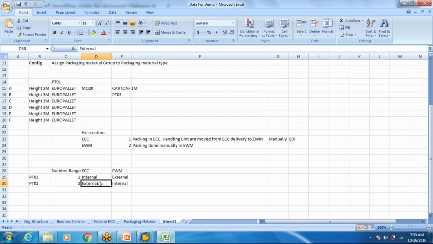Okay, so this kind of logic is used when you give numberings. So don't worry, you test it. You will get failures if anywhere your number ranges are not mapping. And then these logics can be used to map a number range.